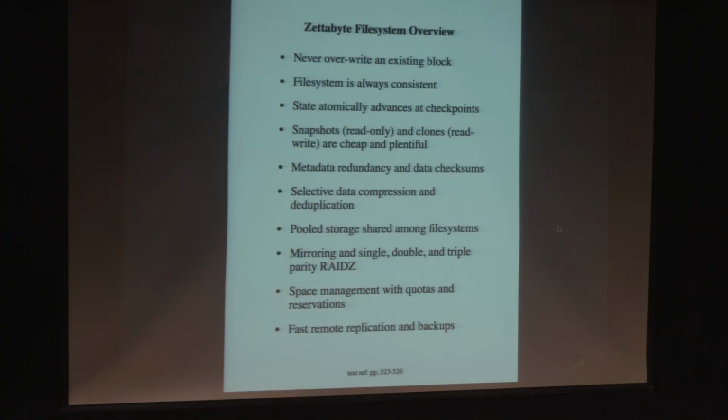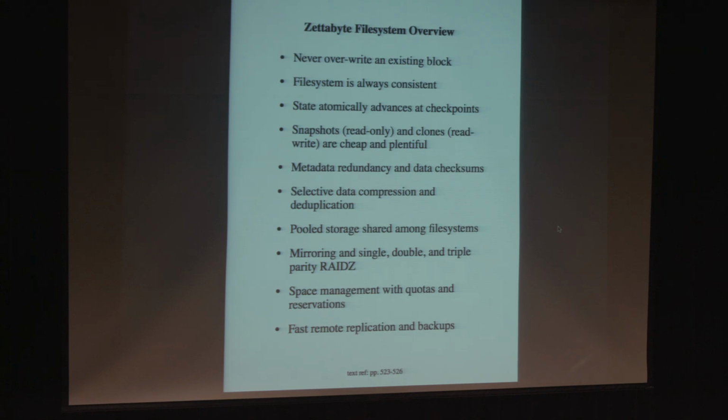Other things that come almost for free with a non-overwriting file system are snapshots. You essentially just take a checkpoint, and then instead of throwing away the previous one, as you normally would, you hold on to that as more checkpoints are made in the future. There's some other little magic that has to happen, which we'll talk about a bit. But at a high level, you just take a checkpoint and then save a copy of that checkpoint. And as long as you don't reuse any of the blocks that are part of that checkpoint, it'll just stay there.